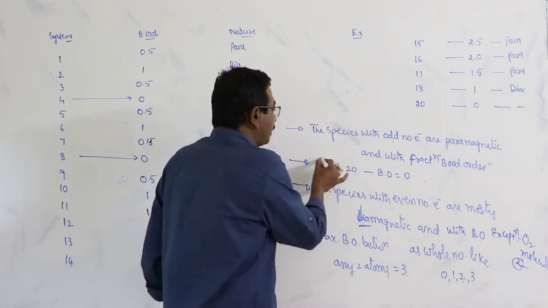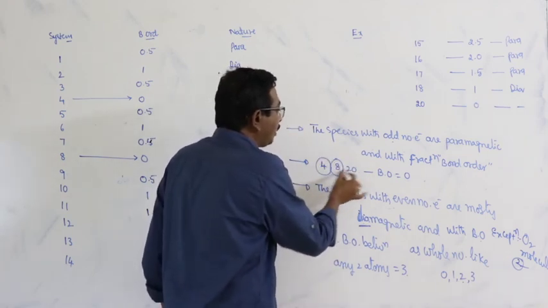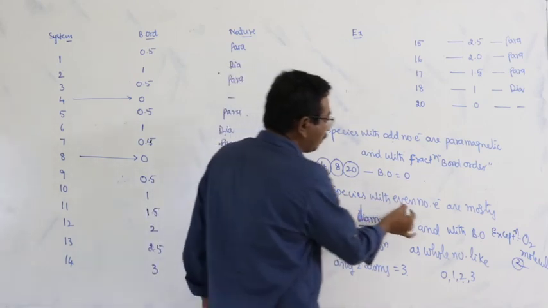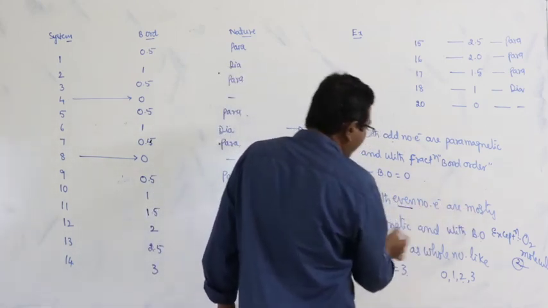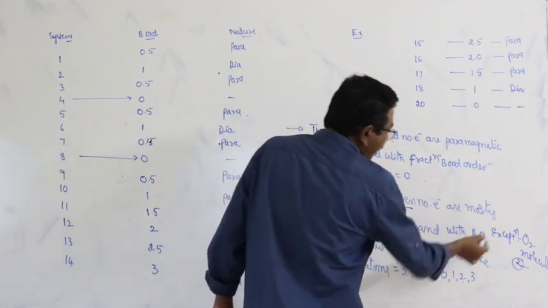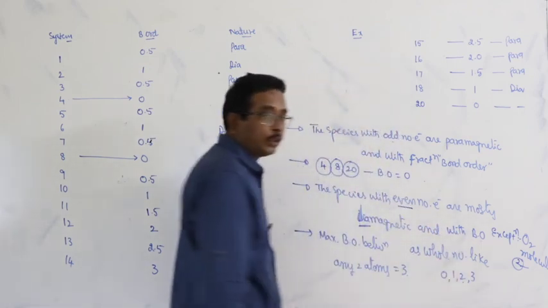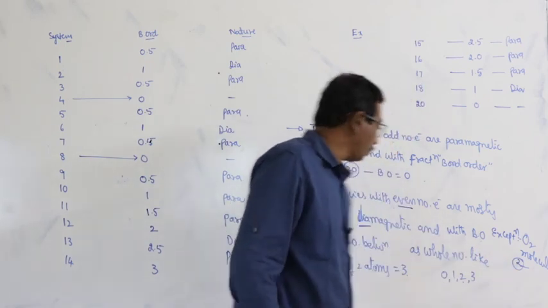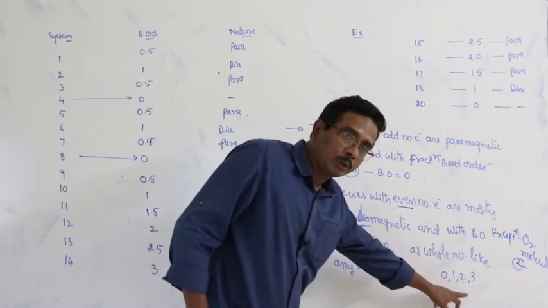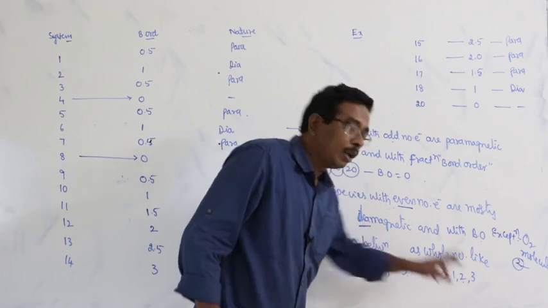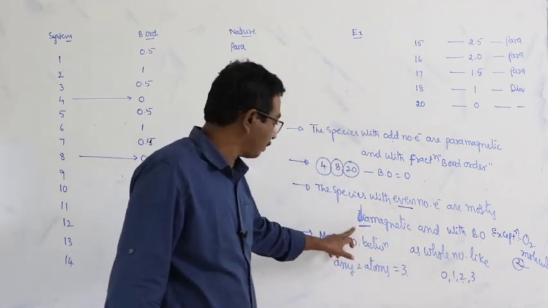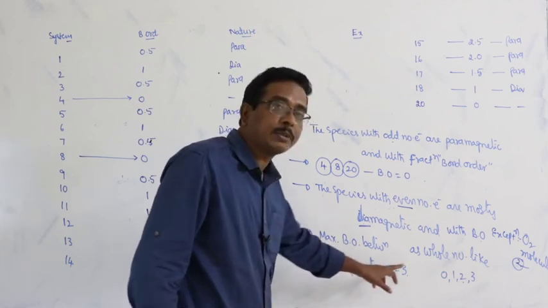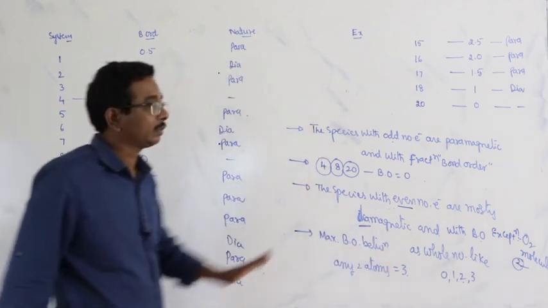The species with 4, 8 and 20 electrons have bond order 0. The species with an even number of electrons are mostly diamagnetic, with whole number bond orders like 0, 1, 2 and 3. The exception is the oxygen molecule. It has bond order 2, but it is paramagnetic in nature. Next, the maximum bond order between any two atoms is equal to 3.